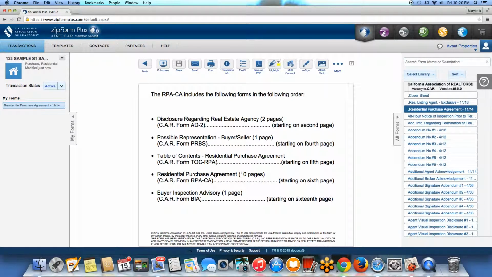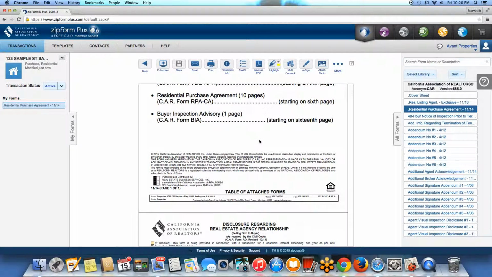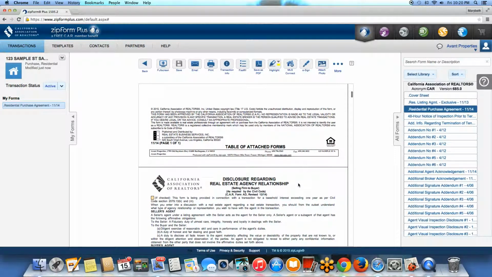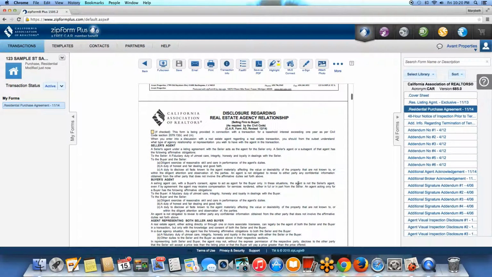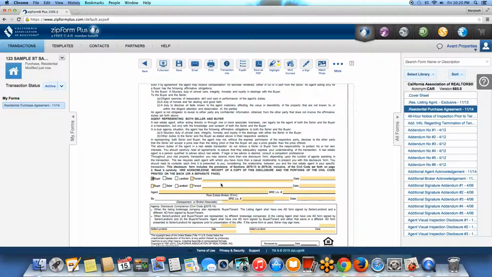package. You have the disclosure of real estate agency, and there you go. There's the residential purchase agreement. They have 10 pages, and of course, the buyer's inspection advisory, 1 page. Scrolling down, you will see the disclosure regarding real estate agency relationship, and this defines your relationship with your client